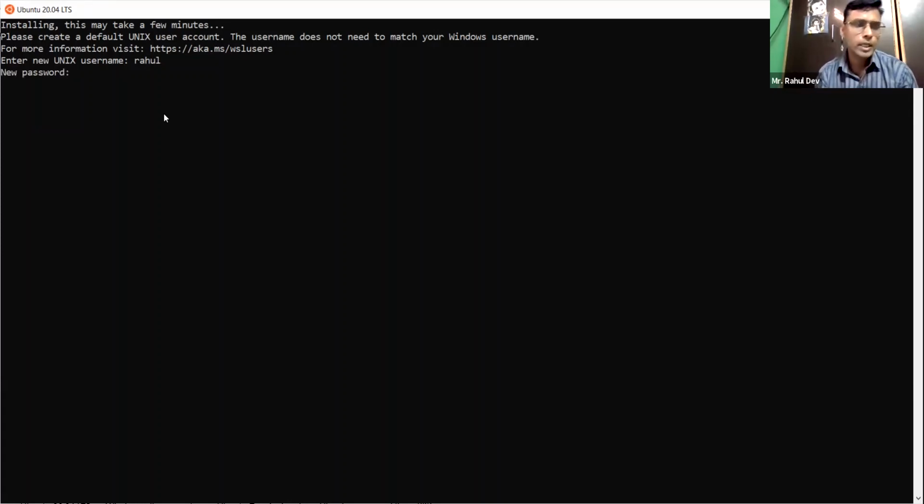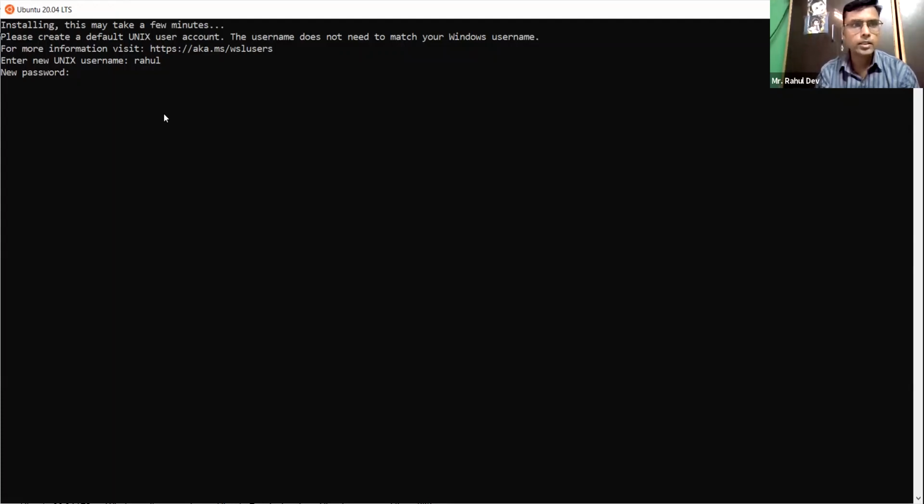It is asking for a password now, so you can choose any password. It can be a combination of words, letters and symbols, and it can be as simple as 123456, at least 6 characters. Any letter, number or combination you can have, but you have to remember it, otherwise we have to reinstall the whole thing.